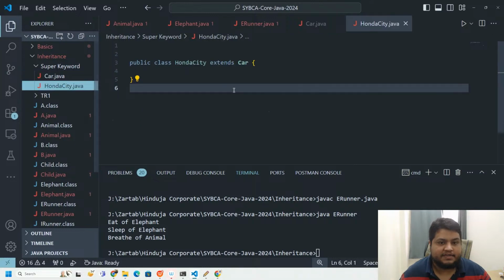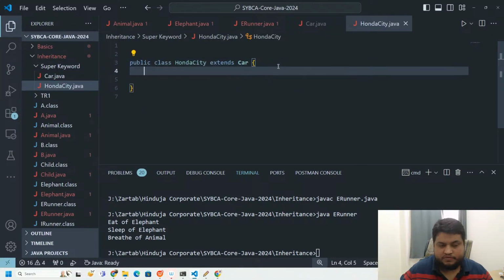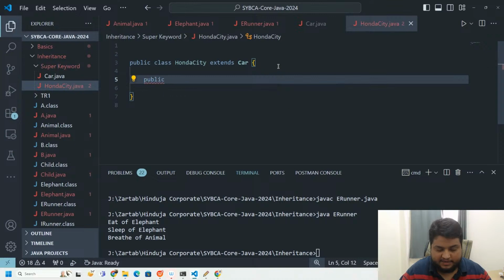Now I go to Honda City. In Honda City, I have my method, let's say public void